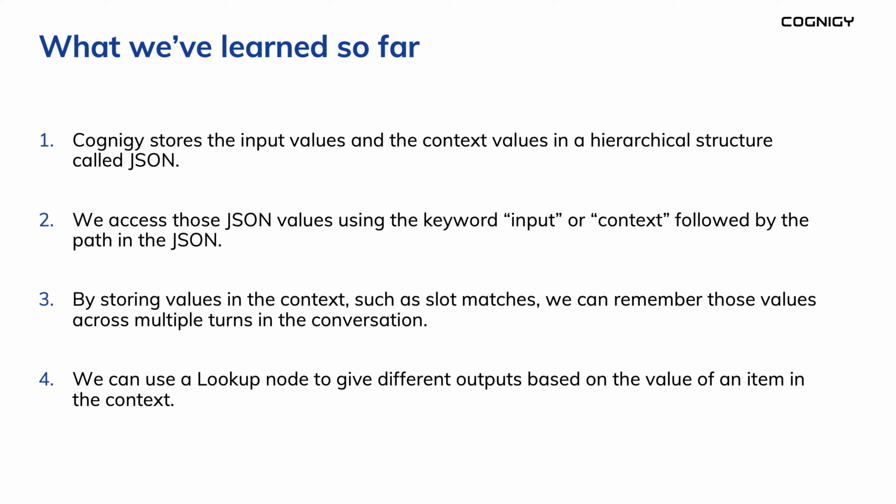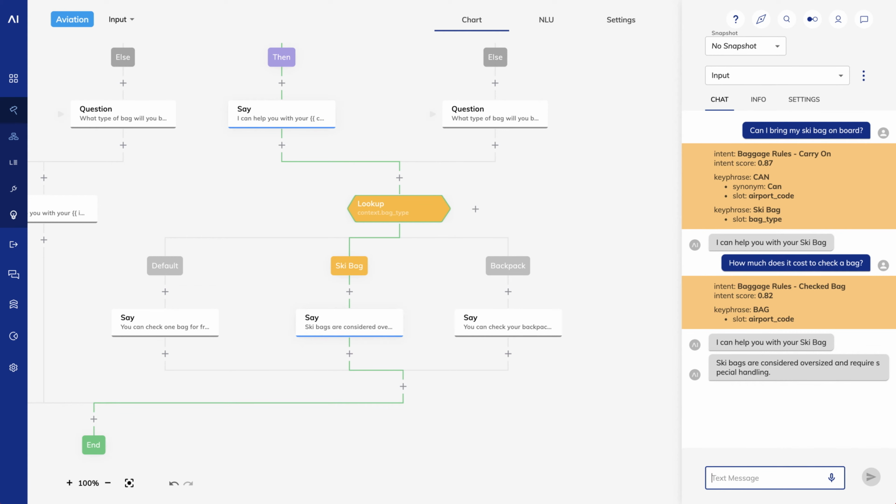Let's look at another example of how we can use the Cognigy input to give intelligent answers to our users. Our goal is this. We know that you can't bring just anything you want on an airplane. Every country has its own rules around how much liquid you can bring, how to handle sharp objects like tweezers or scissors, and how to manage unusual items like musical instruments. I want to create a bot that lets users ask about different things they want to bring and whether or not they're allowed on a plane or in checked baggage. For unique items, I want to give explanations as to how or why they need special handling.